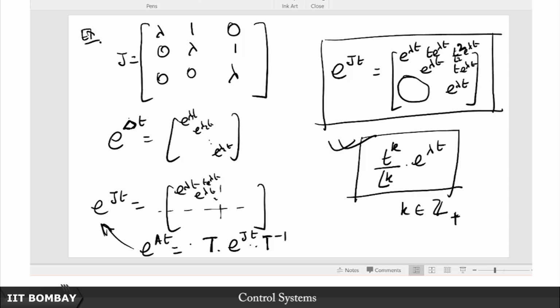So the entries, this is very crucial, later on when we discuss stability, this will be the key observation, and we will tell you why. Basically the stability of a state space realization, the asymptotic stability, totally depends on the eigenvalues of the system matrix A, that is all there is. This will be a very crucial piece in that puzzle, we will see that later, maybe not in this lecture,